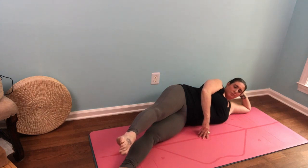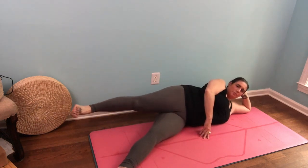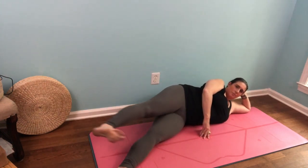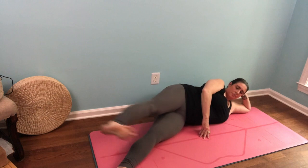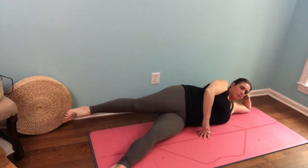And from here, we're going to do front back, lifting the right leg up off of the left to shoulder height. Turn the foot in Pilates stance. And we're going to take the foot front, front, back long, front, front, back 2, front, front, back 3, front, front, back 4, front, front, back 5, front, front, back 6, front, front, back 7, front, front, back 8,